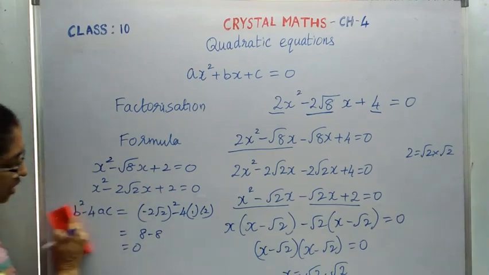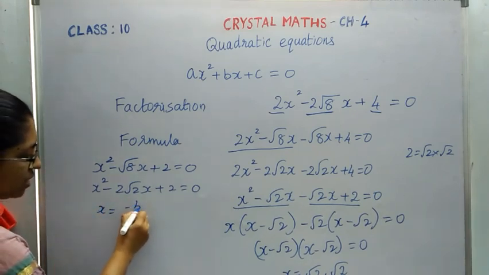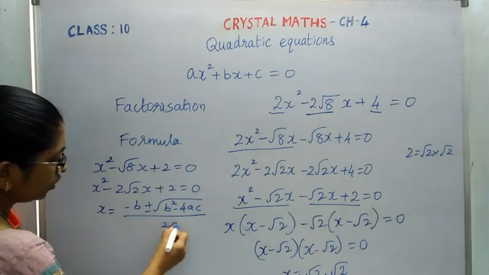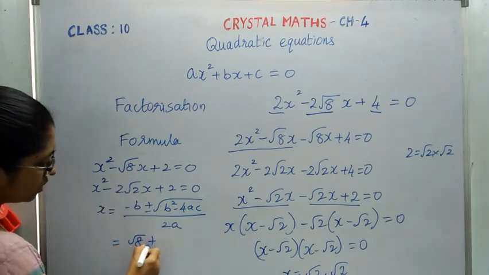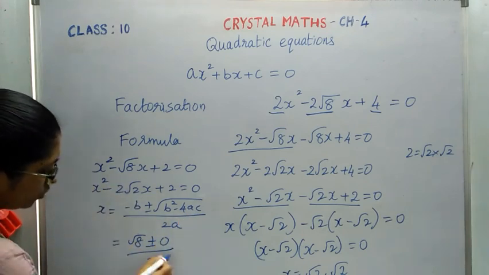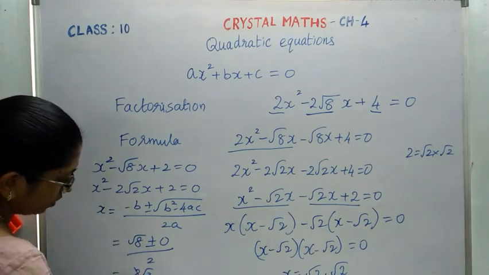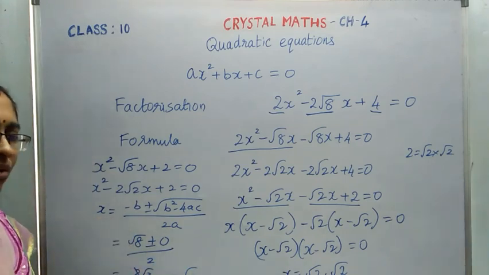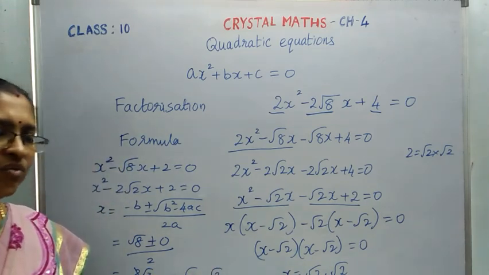So, we are going to get the equal roots. B square minus 4AC is 0. That we will apply in formula. That is, x is equal to minus b plus or minus square root of b square minus 4ac by 2a. Minus b, that is root 8 plus or minus, just now we received 0 for that, so by 2 into 1, so 2. Root 8 can be written as 2 root 2 by 2. By cancelling, we are getting the answer as x is equal to root 2. Though we are getting equal roots, we can say that another root also root 2 only. So, this is the way we can verify that one.